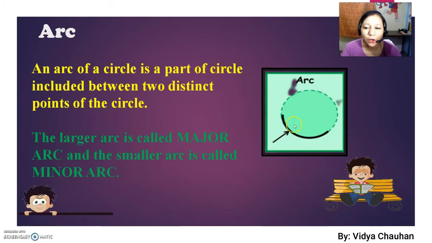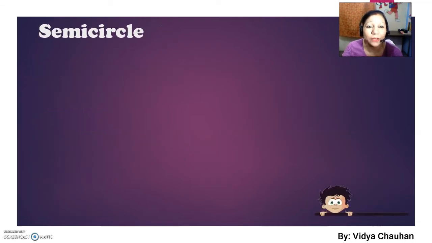In an arc, the arc is always divided into two portions. One is called the minor arc and the second is the major arc. Minor, which is small, major, which is large. The portion of the arc which is smaller in size is called the minor arc, and the portion of the arc which is bigger in size, as you can see the dotted green line, is called the major arc. Whereas this black portion is the smaller one, so it is called the minor arc. Understood, students?